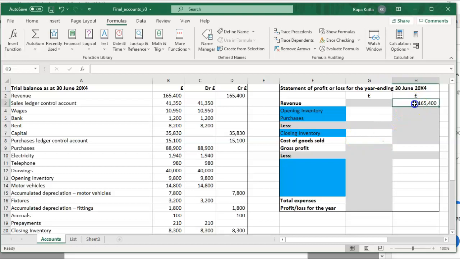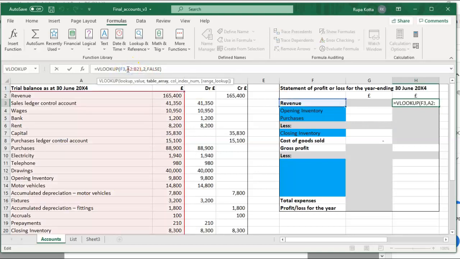So let's use this VLOOKUP formula and try to copy paste it and see if we can change it. Before we copy paste, let's see which cells we need to use absolute referencing on. The table is not changing, so A2 to B21, put absolute referencing on that. This is going to be a long video, guys, sorry about that, because it's a very lengthy task.